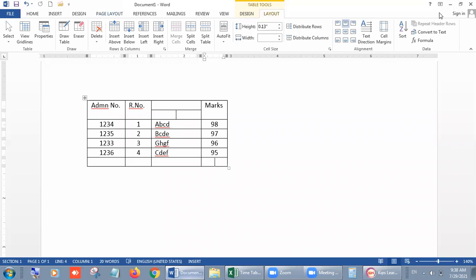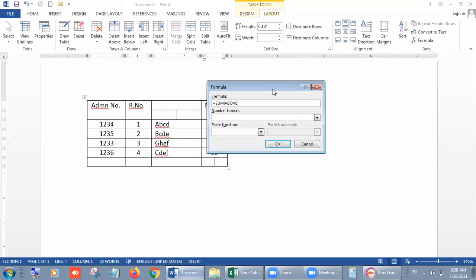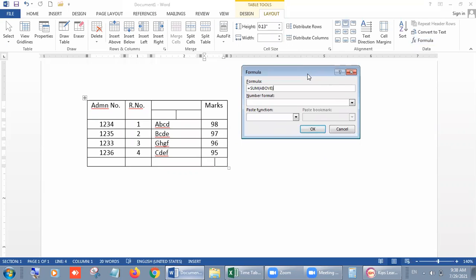After that, at the end section of this complete ribbon of the layout tab, you will have a data group at the last, and from it you will choose formula. Click on it. You will see that one dialog box will come onto your screen, and the sum formula will automatically appear.